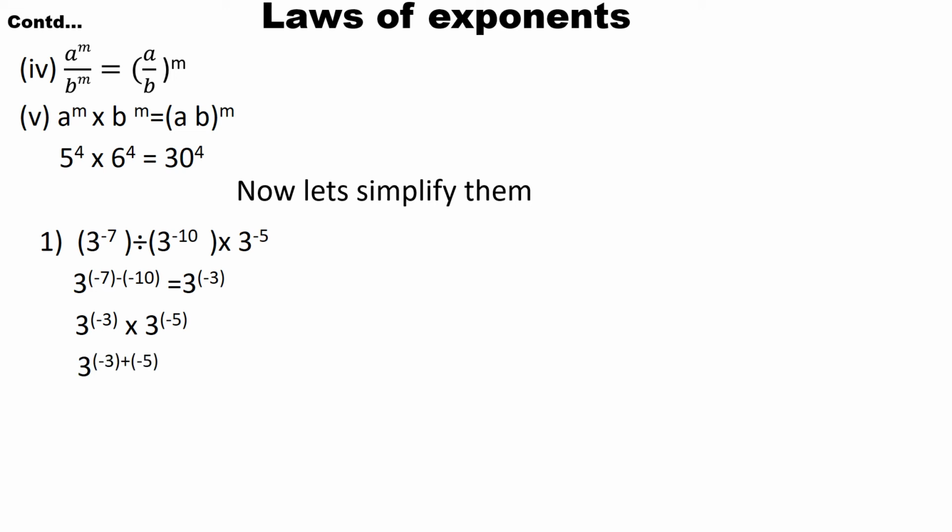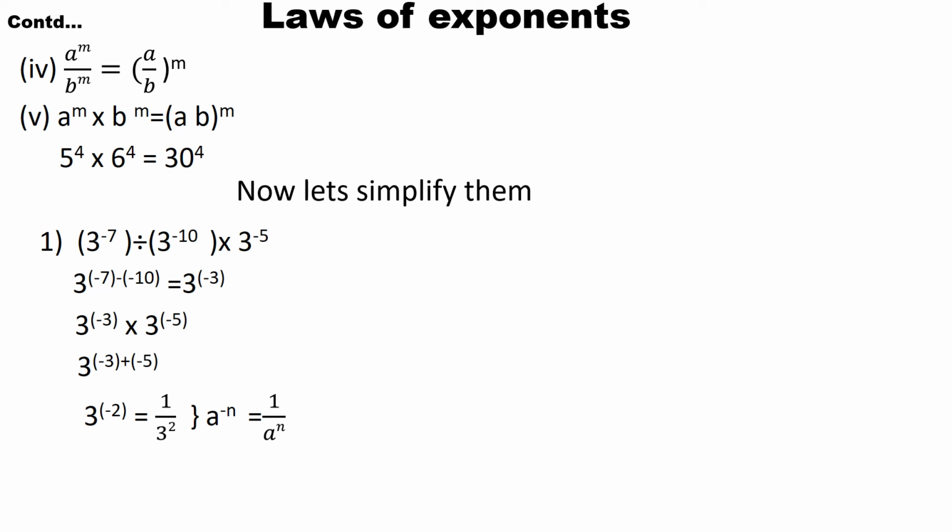3^(-3) and 3^(-5). We are following the formula a^(-n) is equal to 1 by a^n. So we have subtracted 7 and 10, we get 3^(-3) into 3^(-5). In the question we are having 3^(-5), so I continued with it. When a multiplication symbol comes, we have to do addition, right? So I have done it: 3^(-3) into 3^(-5), we get 3^(-2). We are following integer rules.